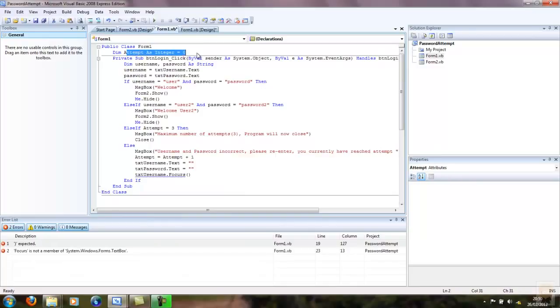First of all, it sets the counter at 0, it sets the username and password and tells the computer where they're going to be. Then it checks if they're correct. If they're correct, in these 2 instances, it opens form 2. Then, if the number of attempts has hit 3, it'll kick them off the program, and then the final routine looks at the number of attempts they've made, increments it by 1, and then if the user has gone,